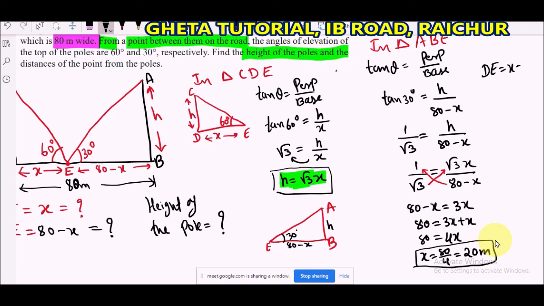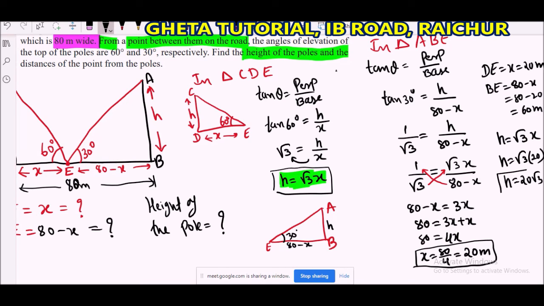DE is equal to x, that is 20 meters, and BE is equal to 80 minus x, that is 80 minus 20, equal to 60 meters. We know that h is equal to root 3 x. In the place of x, write 20. So we got the height also, that is 20 root 3 meters. This is the height of the pole. So DE, BE, and the height we have all got. All the answers are now completed. Any doubt if you have, you can